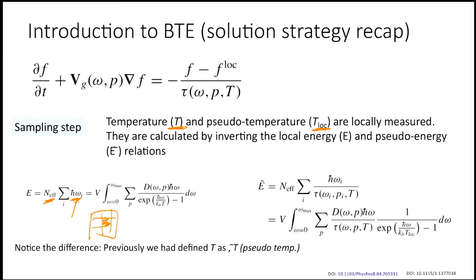We summed over all the phonons, whatever their energies and whatever the n effective was, and then we have to equate it with the equivalent equilibrium distribution. So density of states, h bar omega, and some temperature T, which we were calling in the last class the pseudo temperature. The T tilde, or pseudo temperature, we have to determine this. By equating this energy of the particle, which we know, to this distribution, we could invert this equation to find this T. So basically, this T was the same as the pseudo temperature we defined in the last class.